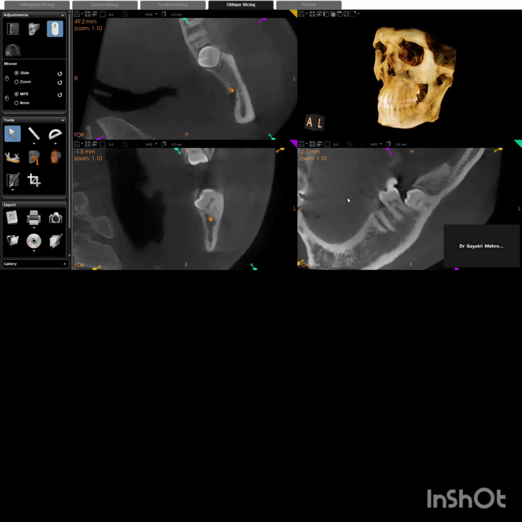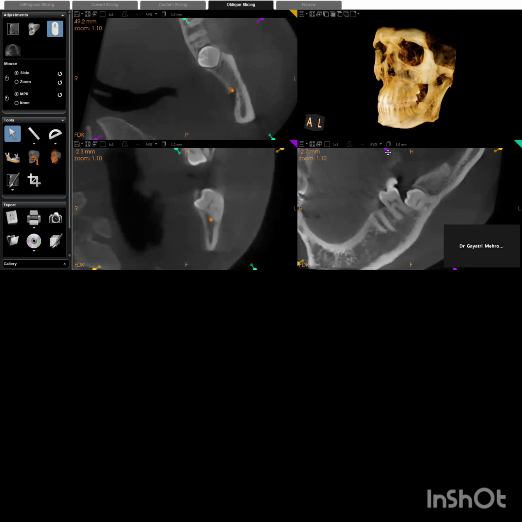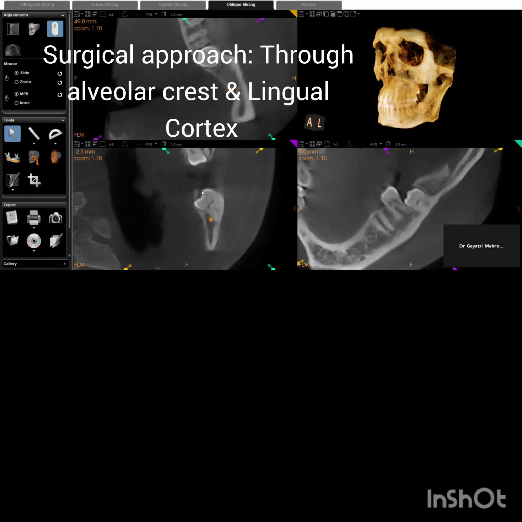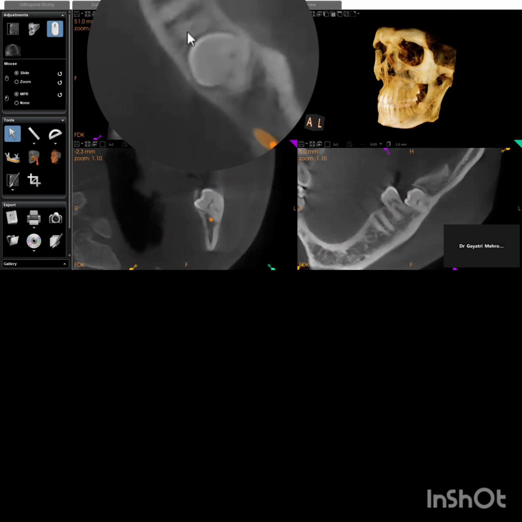Okay. Like if I talk about 3/7, see, the crown is just upright. Okay. But for your 3/8, that is your wisdom tooth, the crown is facing lingually, that is towards the tongue. Okay, so the crown is in severe linguoversion. Now, this crown is in direct contact with your distal root. See, this is, see the cursor, 3/7, the distal root of 3/7. This is the crown of 3/8. It is in direct contact.